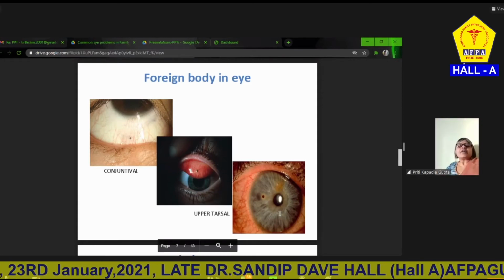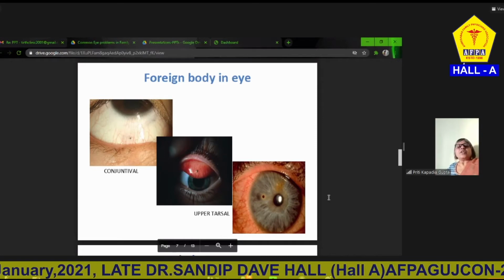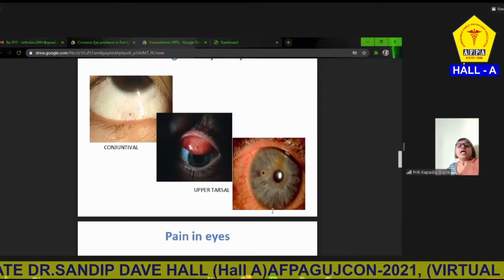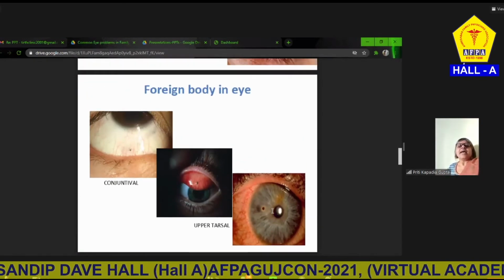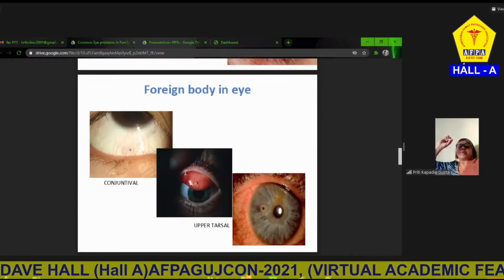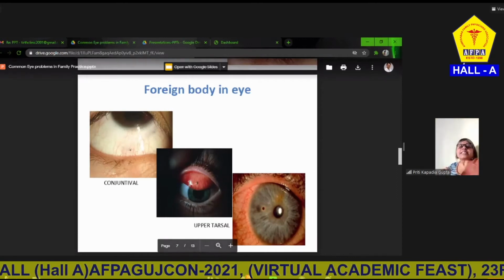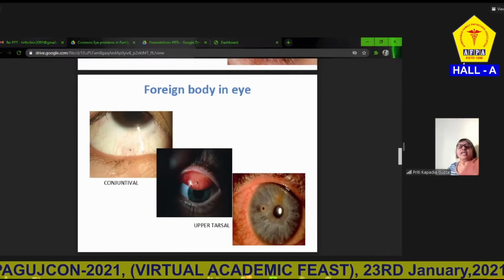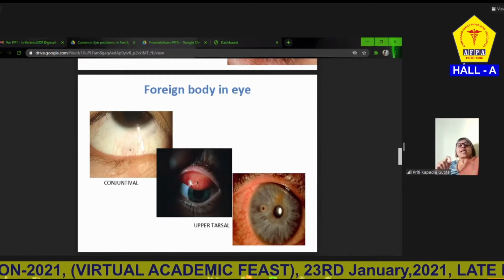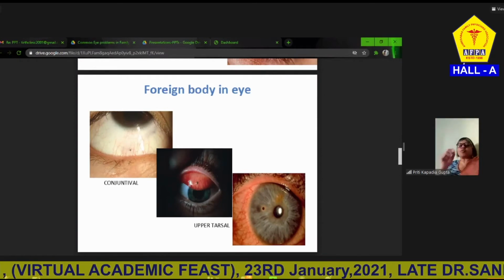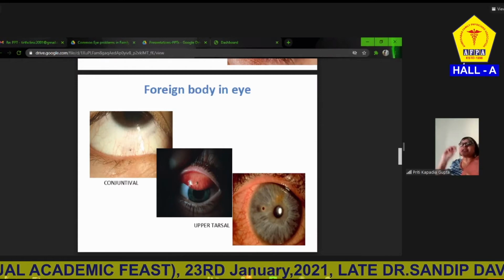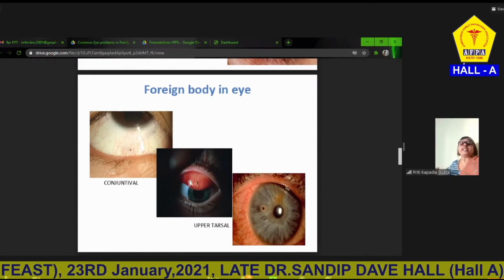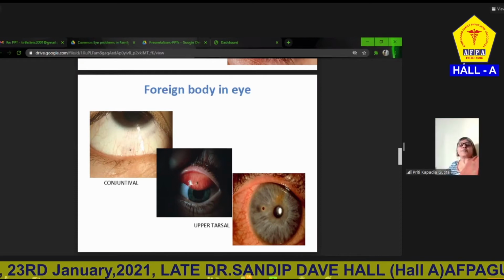The next slide which you can see is where you cannot find any foreign body over the cornea or in the conjunctival sac. It is in the upper palpebral fissure. So unless and until somebody everts the eyelid, you cannot see that. If at all you can evert the eyelid, this is also one very simple thing. You just take it away with Johnson buds,